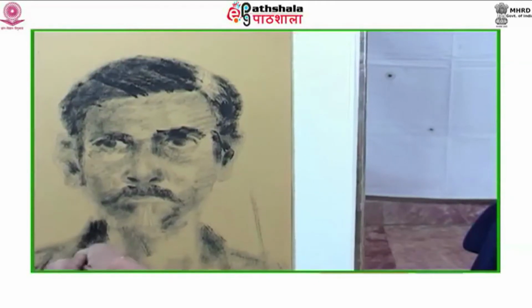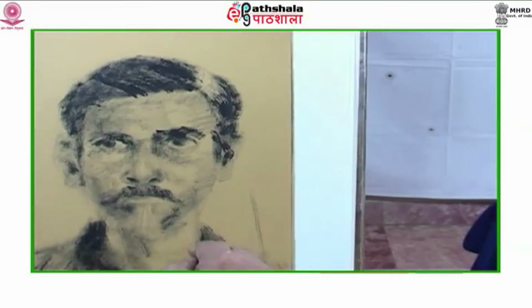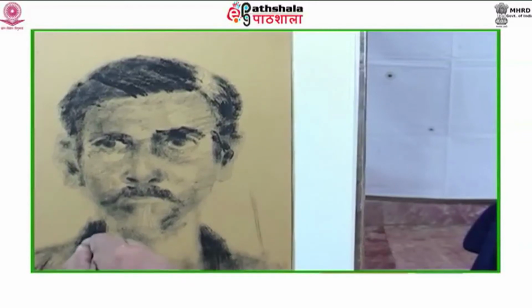I am painting this portrait in a studio set, where the light falls evenly on the face of the model. The shadows are not just on one part of the face.